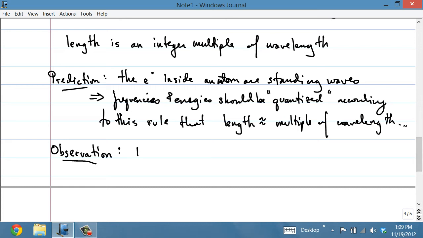So, for example, radiation from hydrogen obeys what's called the Rydberg